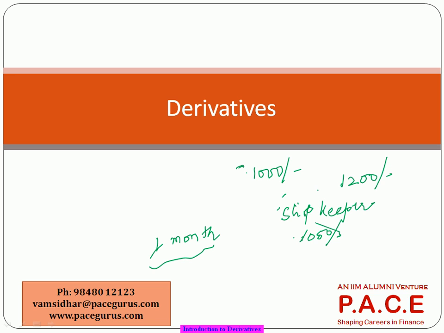If it had gone to 900 only, then probably the seller would have been at a benefit because he sold it at 1050. The agreement was made today itself. 30 days back, the agreement was made about the price. That is the whole derivatives market transaction. So today, they are ruling the world,